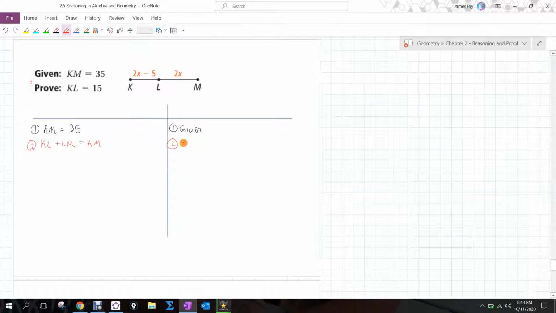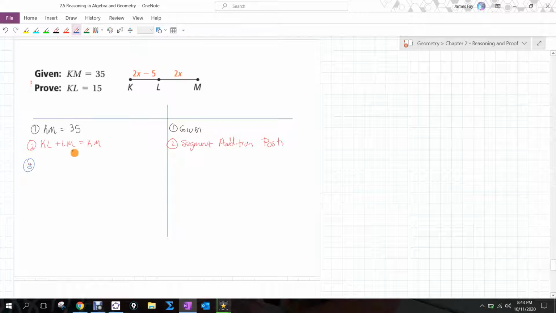Because we have the segment addition postulate that says exactly that. If you remember, segment addition postulate, it actually says if A, B, and C are collinear with B between A and C, then AB plus BC equals AC. This says the exact same thing, but it's K, L, and M instead. Now that we know that,